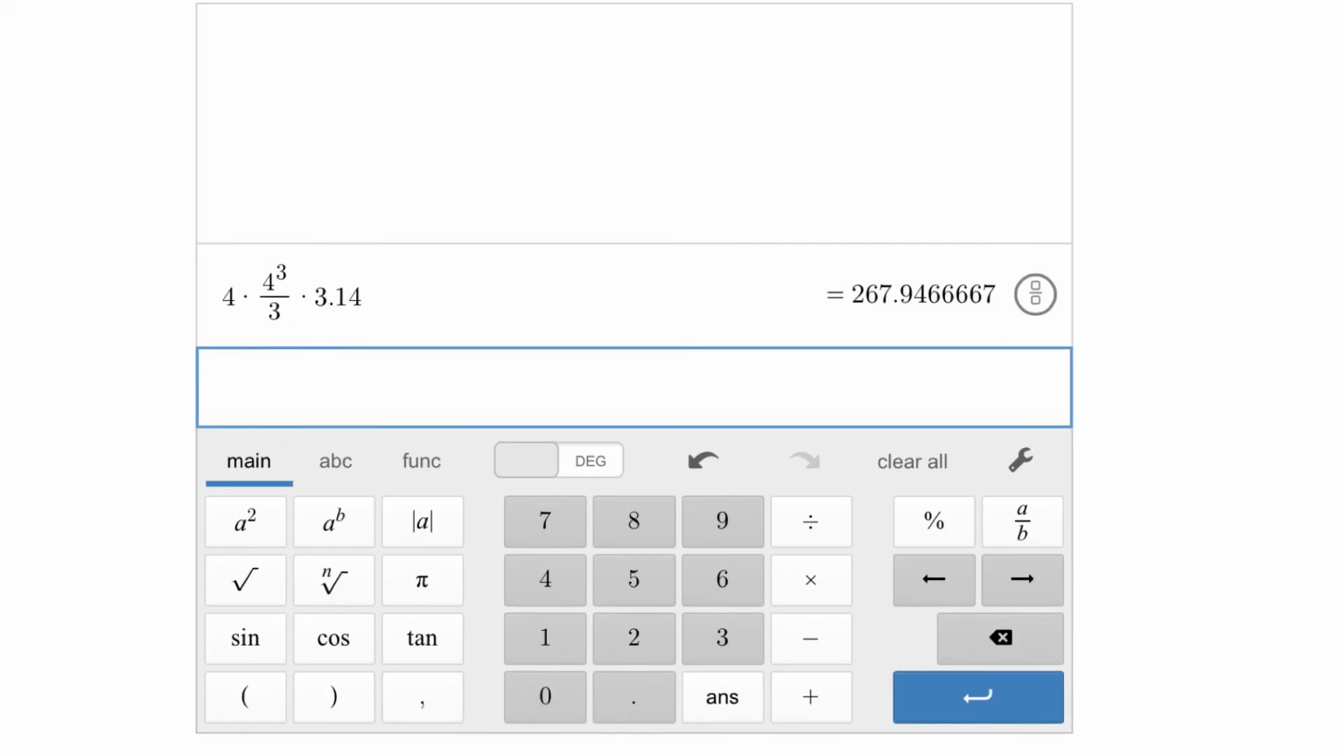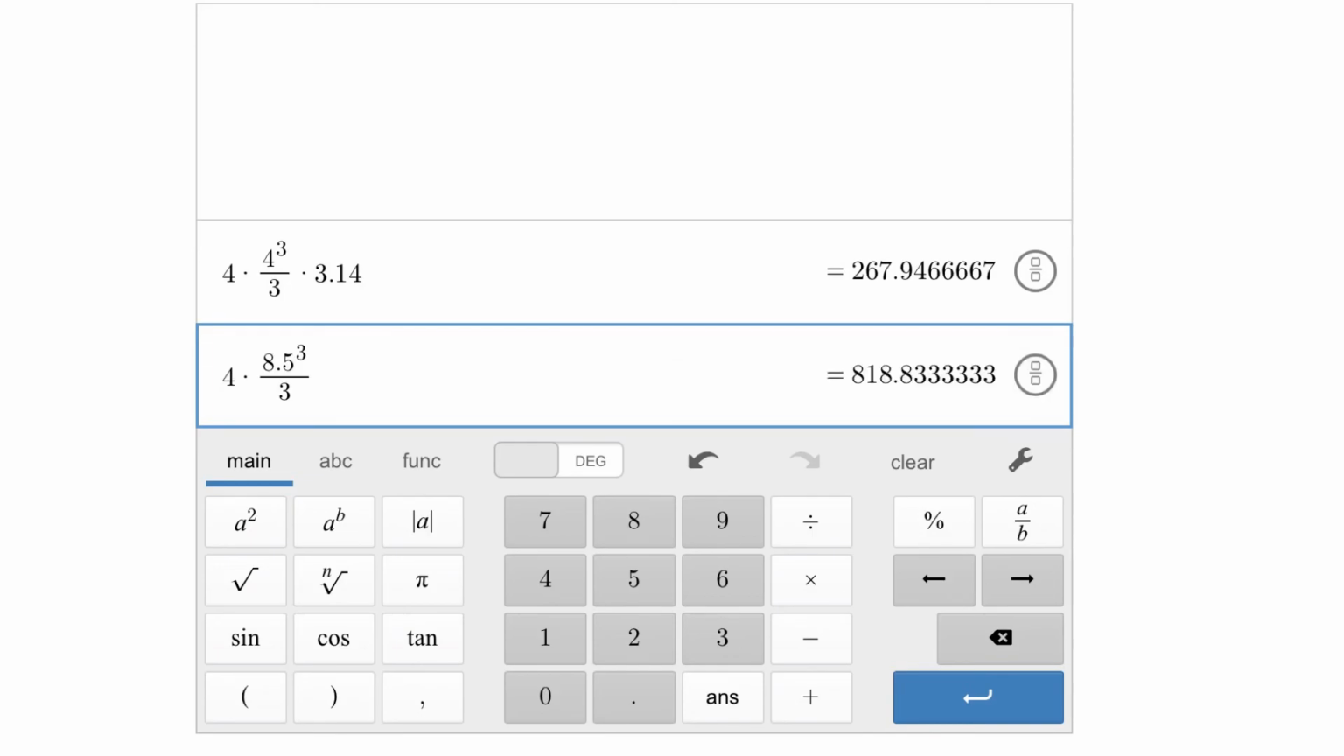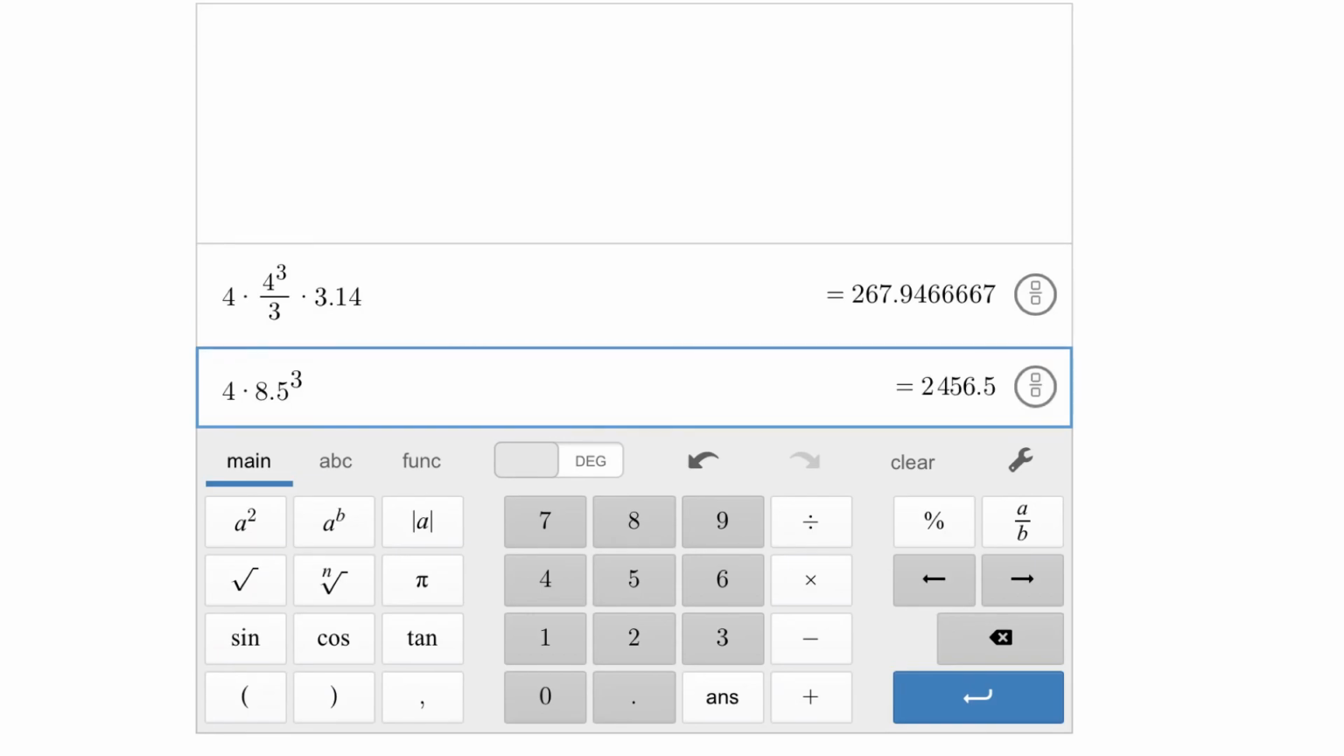Okay, so we're back on the calculator. If I do 4 times 8.5 to the third power, I get 2,456.5. Now, if I were to divide this by 3, like some people might, I get 818.83333333, and it goes on forever. At some point, I'm going to have to cut it off and estimate. So I don't want to do that. I don't want to divide by 3. I want to keep it as